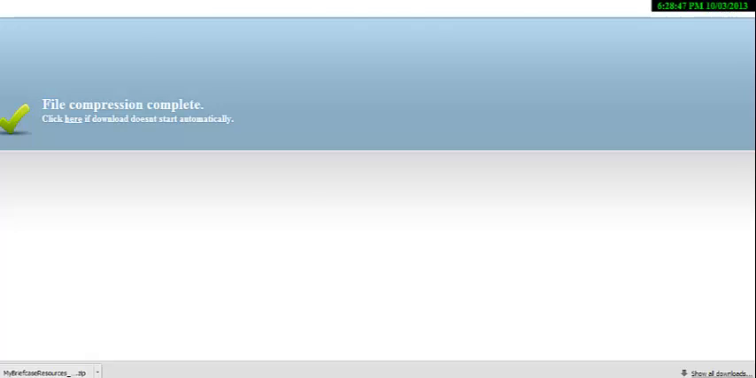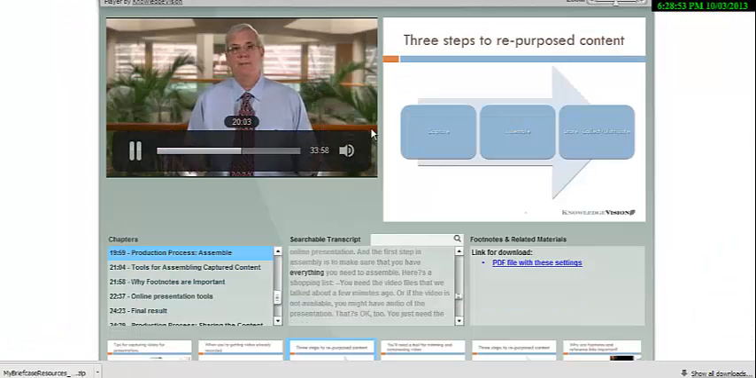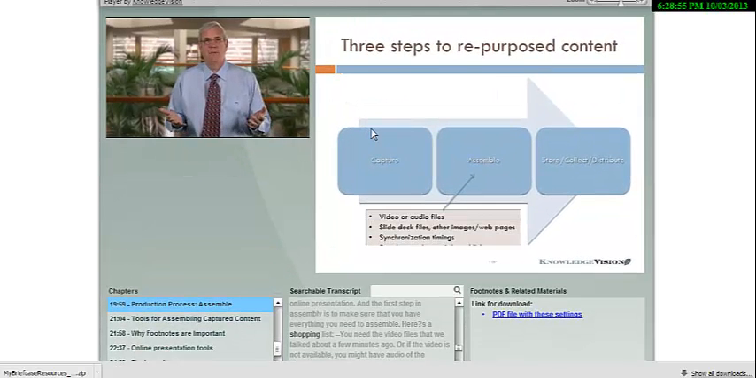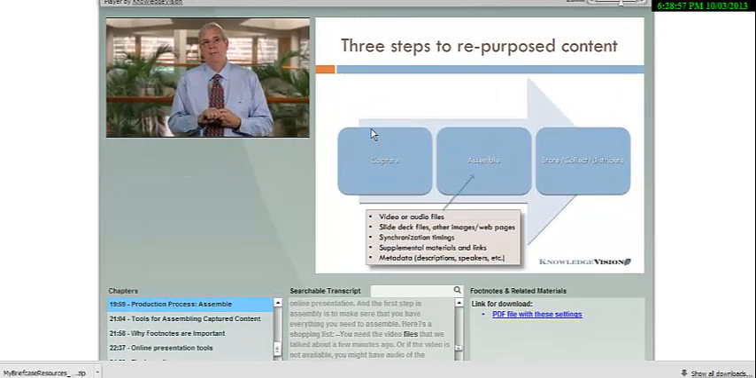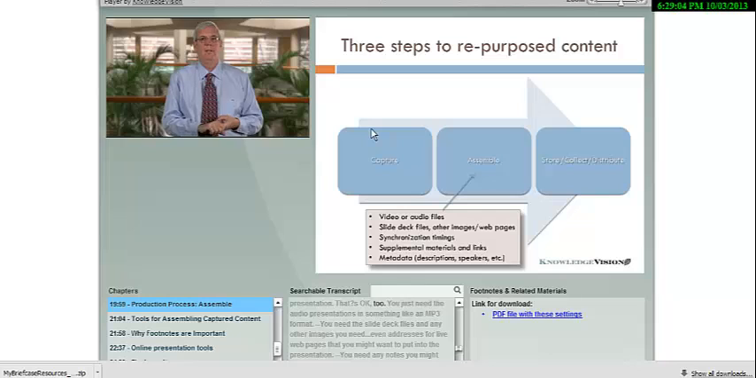which is assembling your online presentation. And the first step in assembly is to make sure that you have everything you need to assemble. Here's a shopping list. You need the video files that we talked about a few minutes ago, or if the video is not available, you might have audio of the presentation. That's okay too. You just need the audio presentations in something like